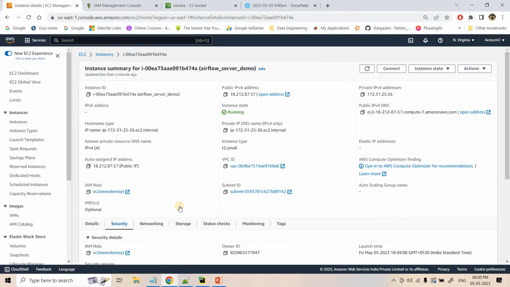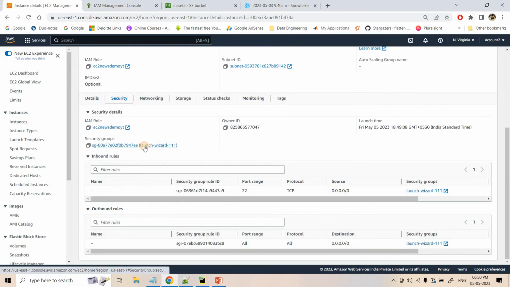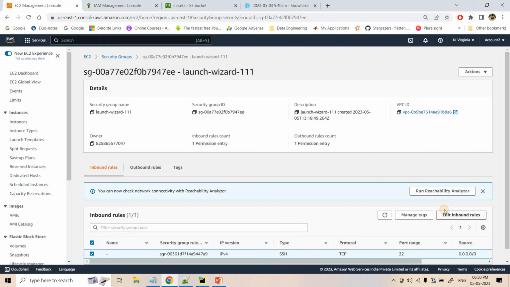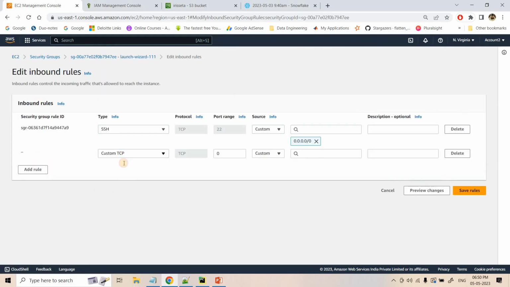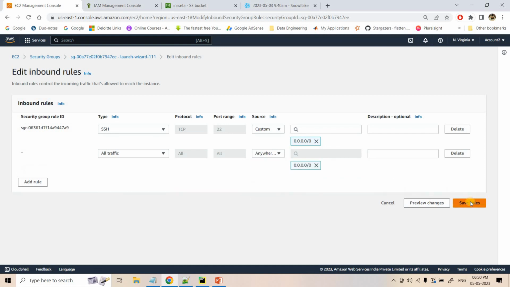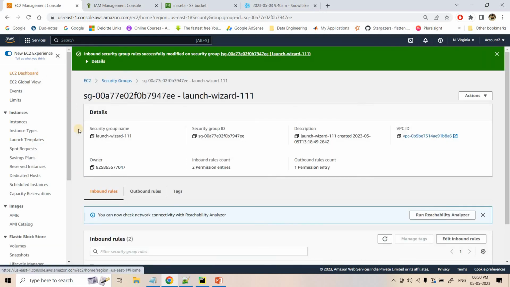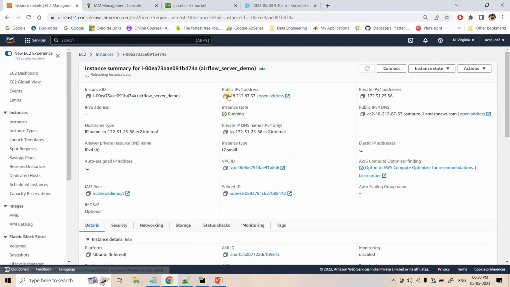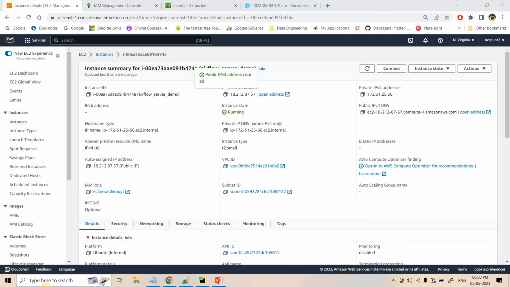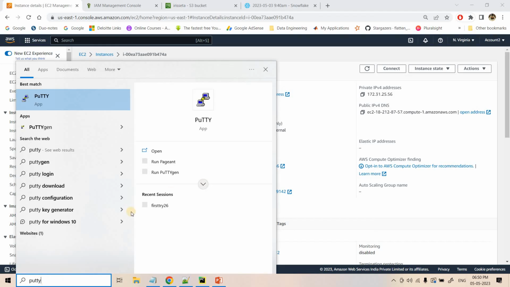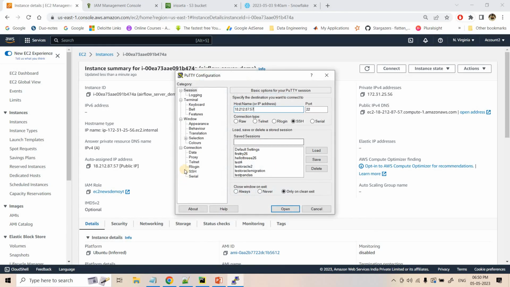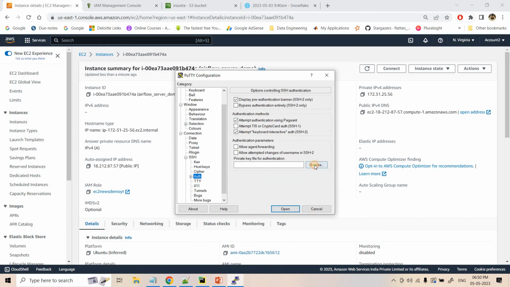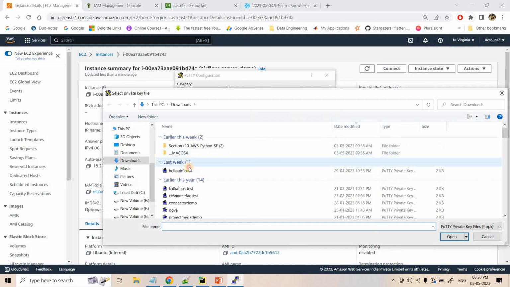And we need to provide all traffic access to the security group also, because we need to access the EC2 web server. So here, all traffic from anywhere IPv4, I want to access. That is done. Now I can use PuTTY to enter this EC2 machine. Okay, I will take the key pair file,